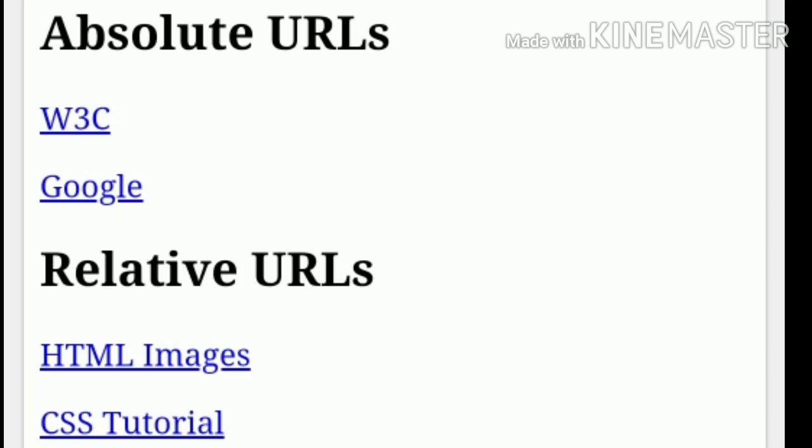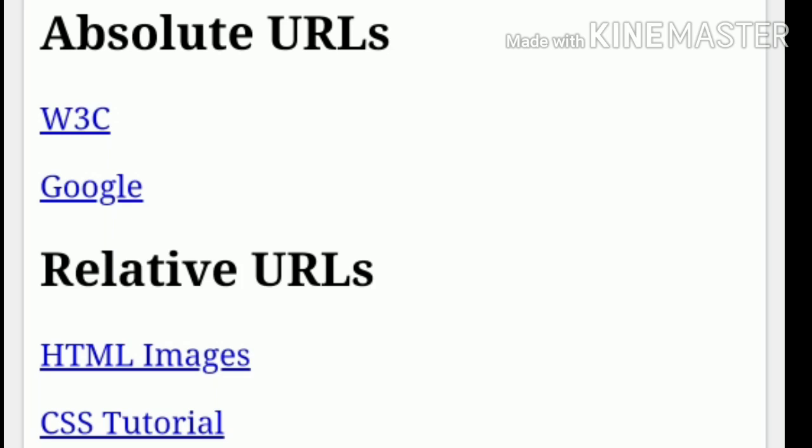After then you can write an image of some program execution. You can write the a tag, that is a href equal to, within double quotation, default.asp, within double quotation closed. After then the image tag. Previously you know the image tag: img src equal to, within double quotation, the image file name, that is smiley.gif, within double quotation closure.